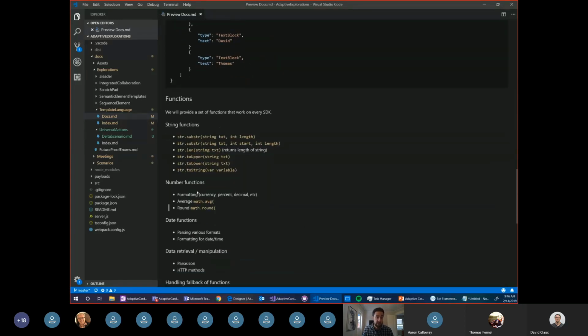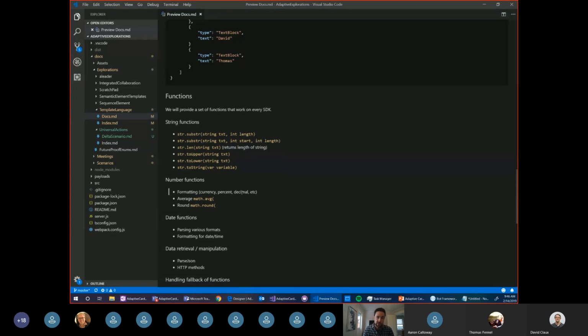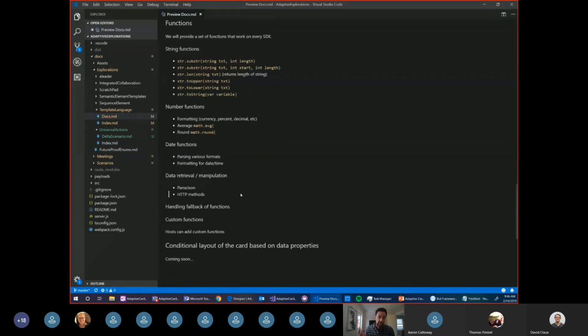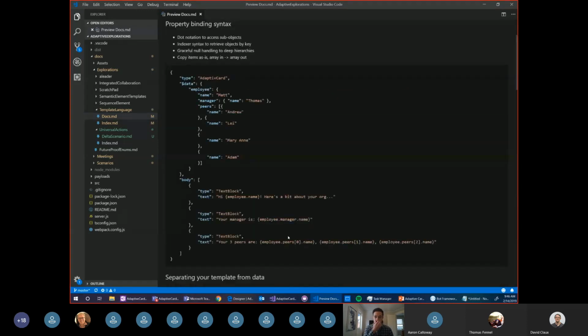Maybe people don't need math.average. We were just like, hey, maybe people might need this, but we're really trying to ground this in real world use cases where people are trying to template the types of data that they have. So I'll share this out as soon as I can. I'll share most of this out soon. These docs are going to take just a little bit more to flesh out, but you should expect stuff within